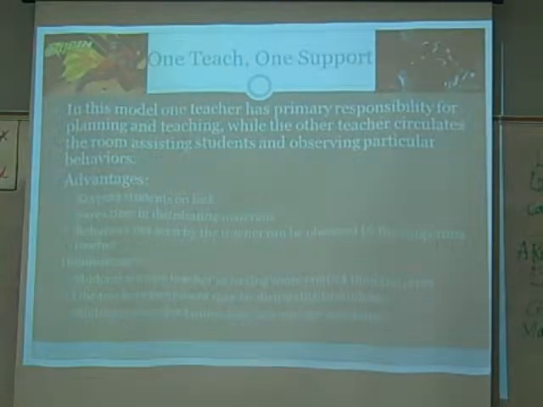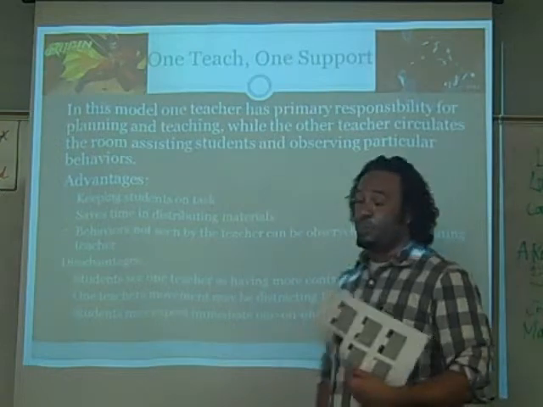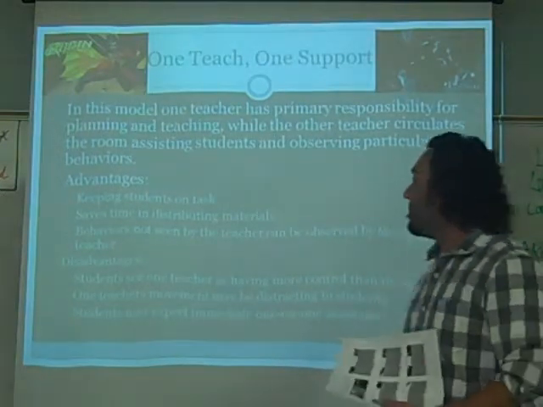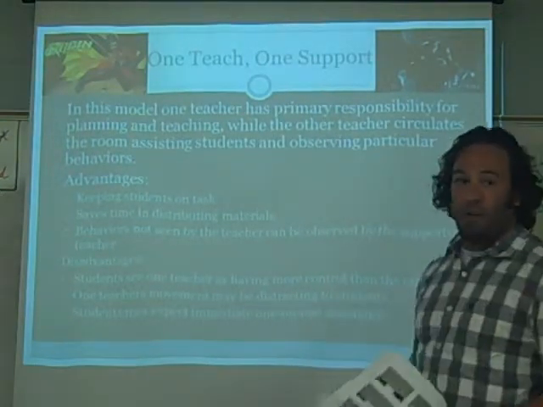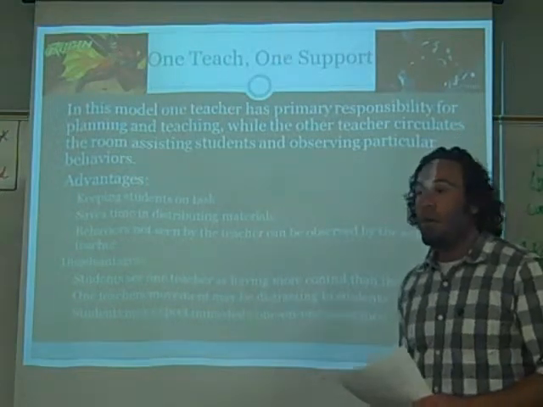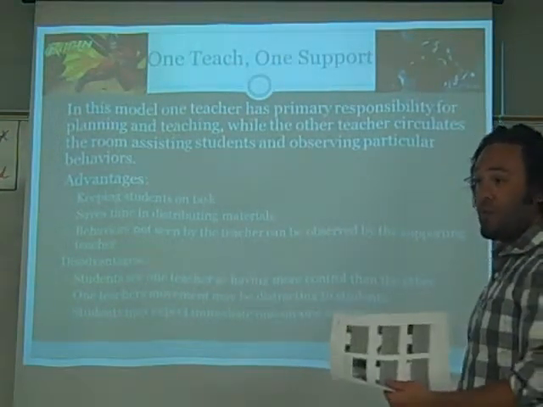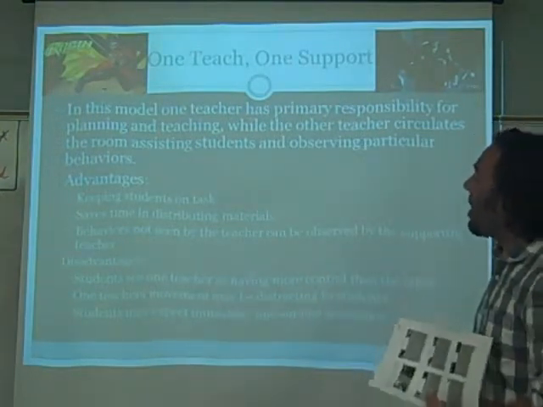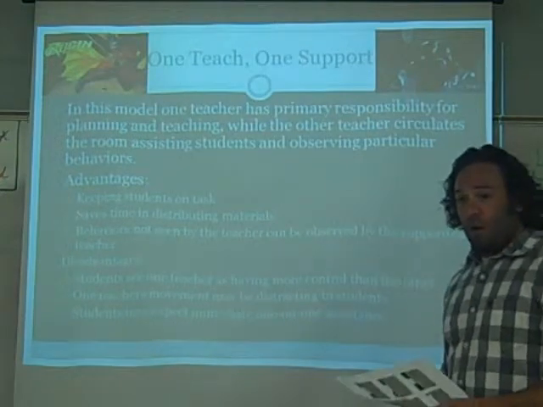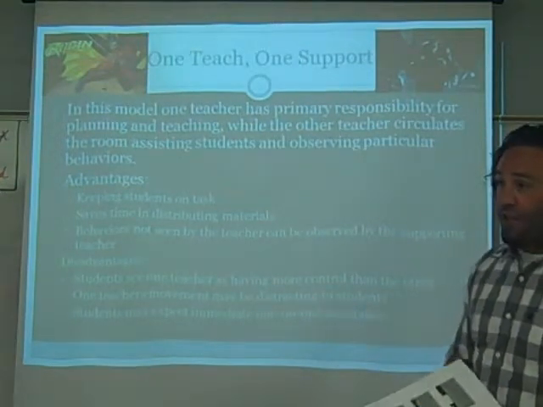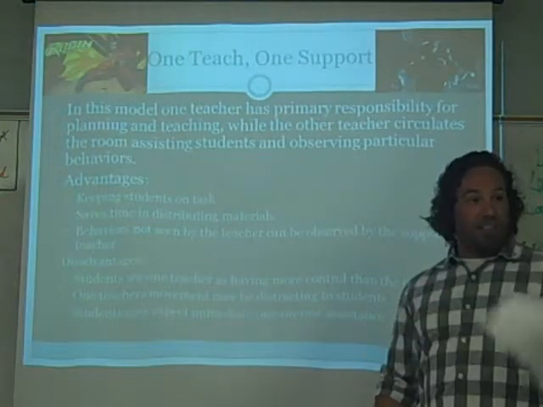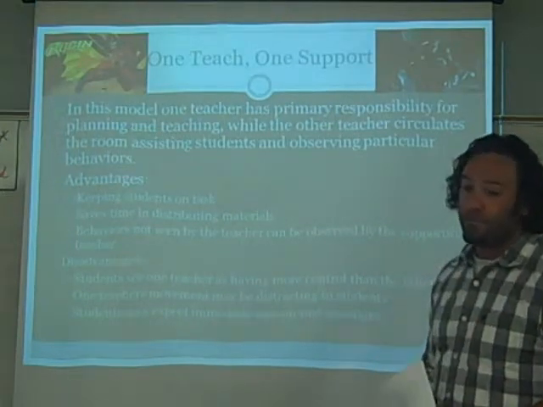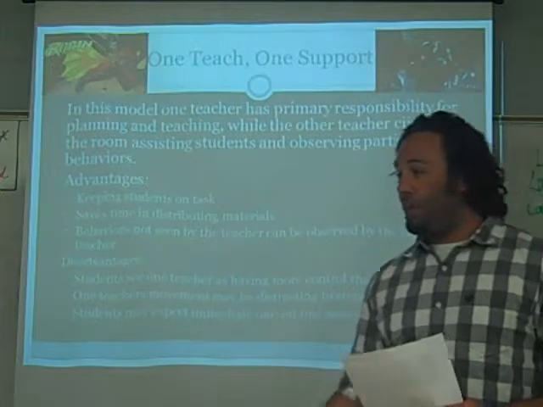Our first model here is the one teach, one support. This is one that I've often seen that's probably the most popular because, depending on the teacher combination, teacher team, some teachers work better together, some teachers don't work so well together. The one teach, one support model, you have typically your classroom teacher in that core content that leads discussion, typically the instruction,